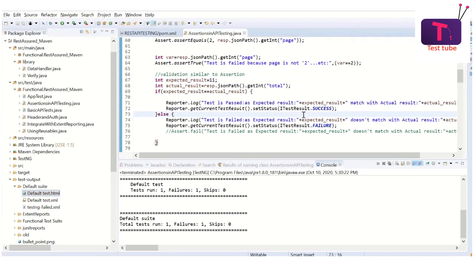So that's the objective, right? Finally, this is how it is done without using assertions. You can decide your own conditions and validate the result and pass the test accordingly, and also you can keep them in the log so that you can validate it easily, right?